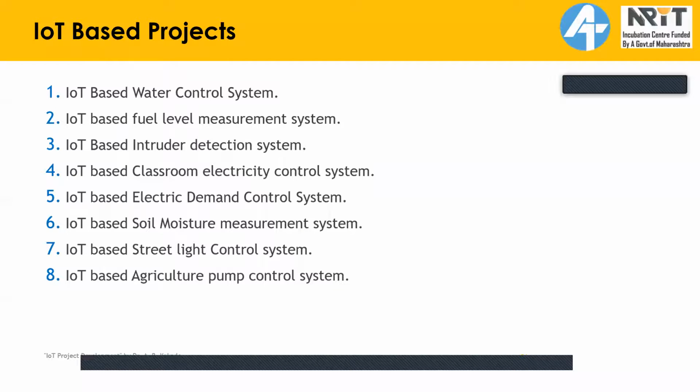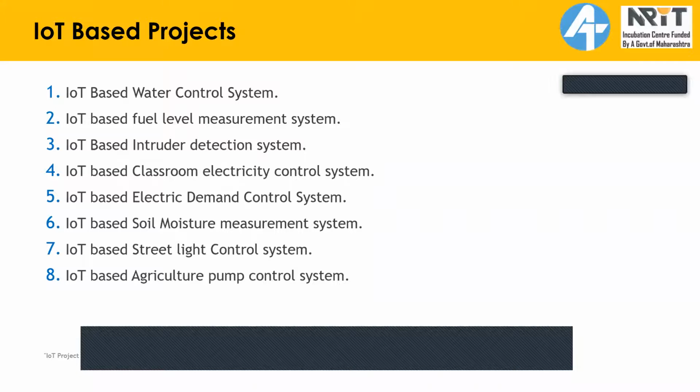So once you get data from the sensor, which is proportional to the capacitance of the coaxial capacitor, that data you divide by a proper divisor and convert into a percentage level. The data that you get for percentage level, you transmit to the cloud, and from the cloud it will go to the Android app. This next part, that is data transmission from microcontroller to cloud and from cloud to Android app, we are going to cover from Tuesday onwards. From Tuesday onwards, we'll have sessions related to data transmission from microcontroller to cloud, from cloud to Android app, and vice versa. These sessions will begin on coming Tuesday.